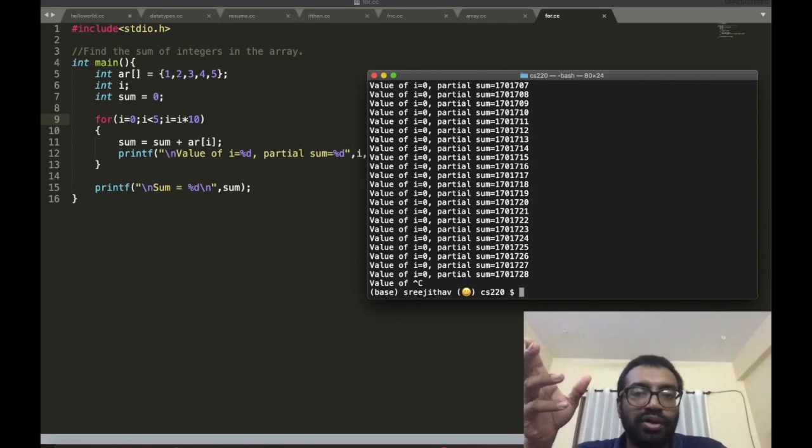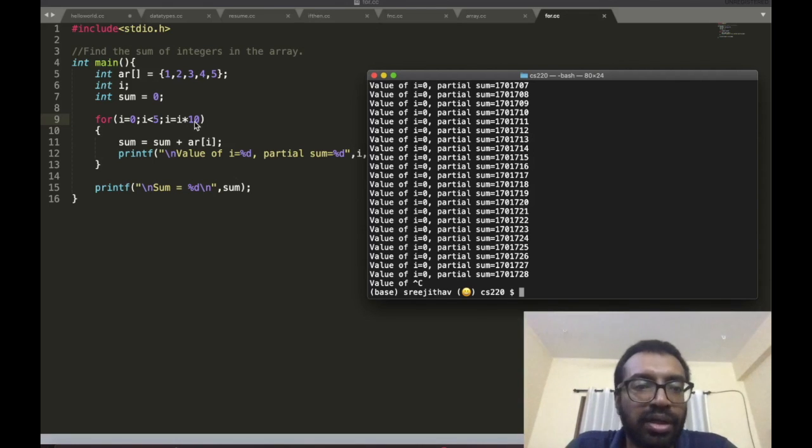Do you know what has gone wrong? Okay, so initially i is set to 0, it comes inside, right? So the value of i is equal to 0, it comes inside, it goes back, and i is set to i into 10. What is 0 into 10? It's still 0, right? So i is still 0, and